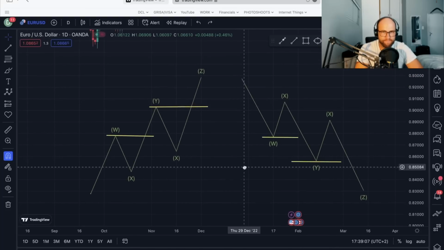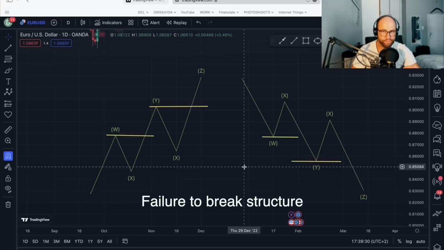Now, very, very important. You know now what is bullish structure. You know now what is bearish structure. For the market to go from a bull market to a bear market, what needs to happen? Take a couple of seconds, think about it. Cool. If you don't know, for a bull market to change into a bear market, it needs to fail to